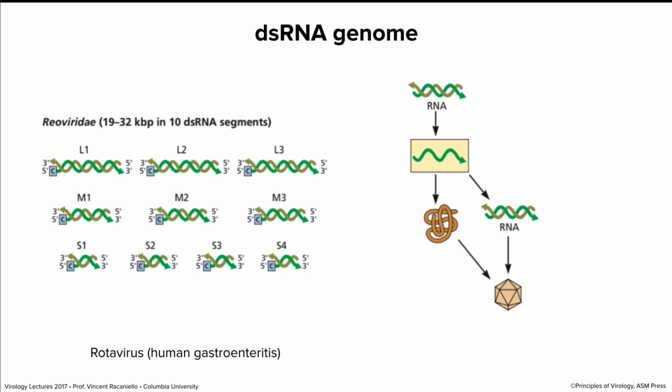These viruses have double-stranded RNA genomes in pieces, 10 or 11 different segments. Some of them have fewer, but they're double-stranded. And the key here is, could you make protein from a double-stranded RNA, given that there's a plus mRNA in there? Can you translate this? No, you can't. Only mRNA, single-stranded mRNA, can be translated.